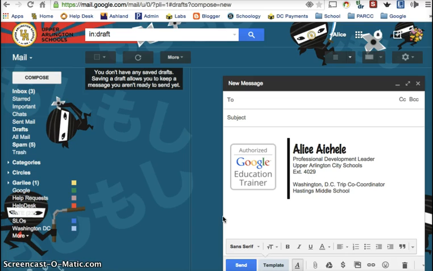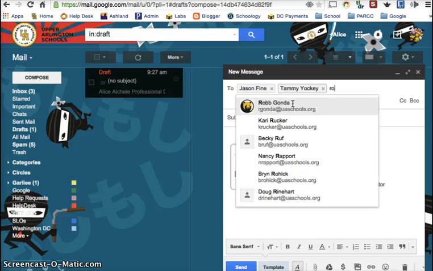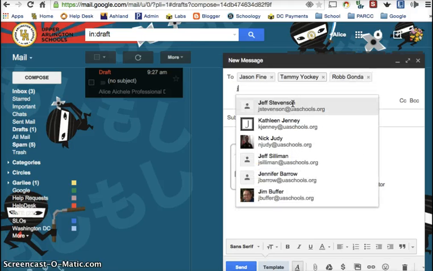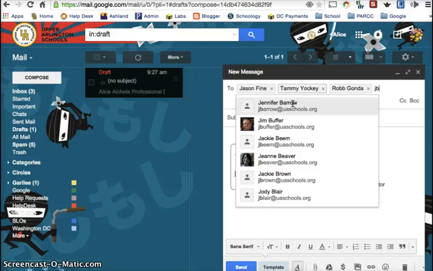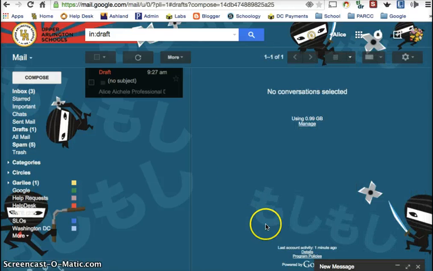Another way that you can create a group in email is to do it straight from an email message. So let me show you how you do that. I've got a new message opened here, and I'm just going to put in some people. And let's say I need to make this a group. And so what I can do is I can just come over here and hit the word To,